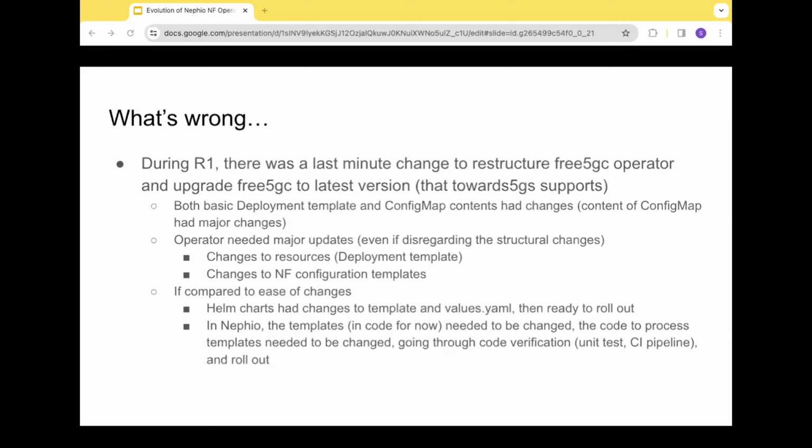Obviously, the code runs in very different places. One piece of code runs on the management cluster, one piece of code runs on the operator cluster. But they can share code. They can share data structures and other things that they need for both parts. So you're injecting yourself into the Nephio flow in two different places, but it's obviously integrated. Of course, the challenge is how do you test that together?